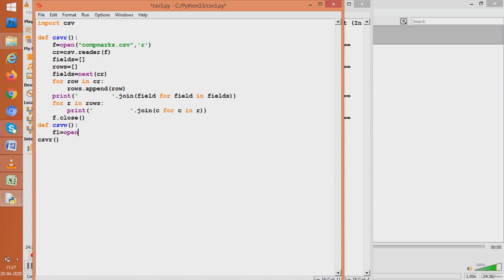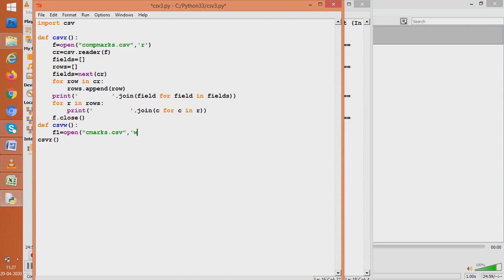Say we give a name, CMarks. I can give any name, so I am giving CMarks and the extension CSV. So I'm making a new file, CMarks.csv. And then which mode do we use? R mode, or W mode? W mode, because we want to write in a new file.